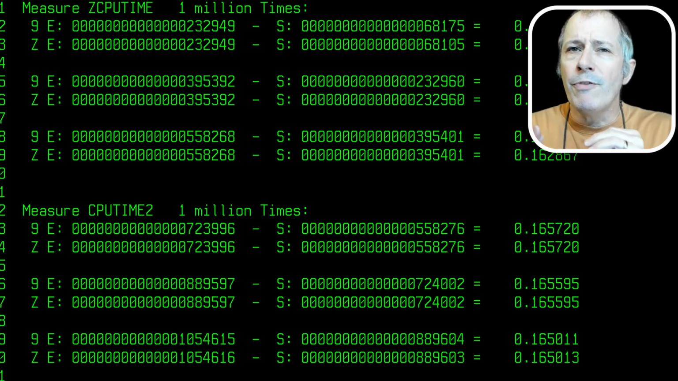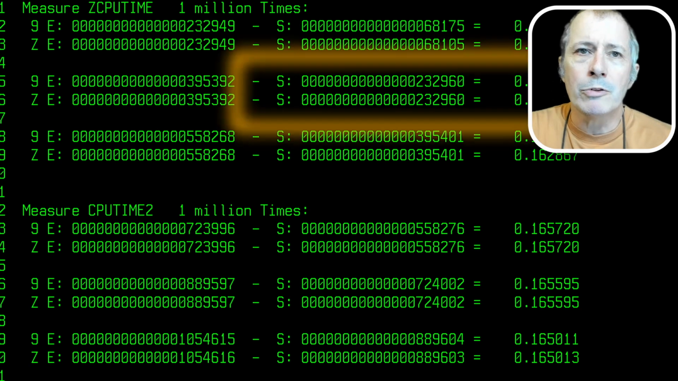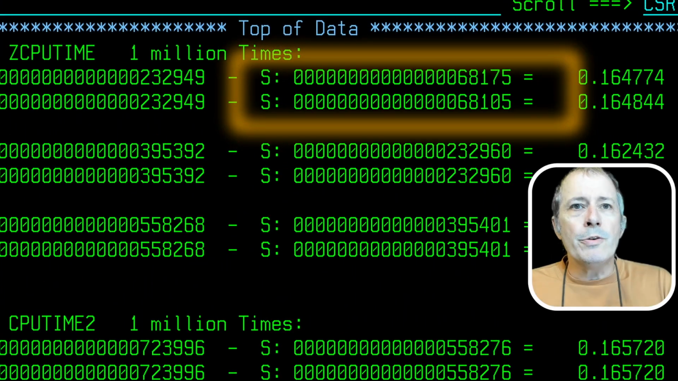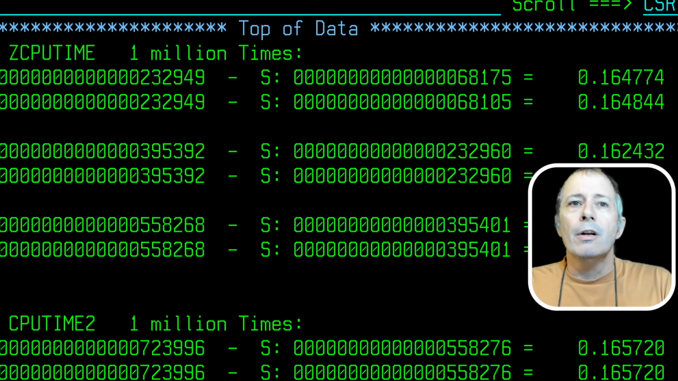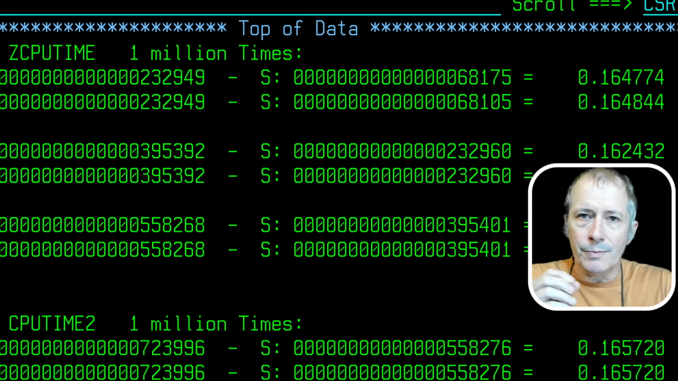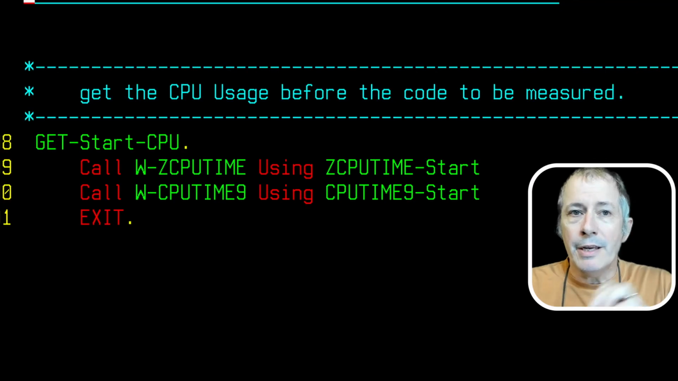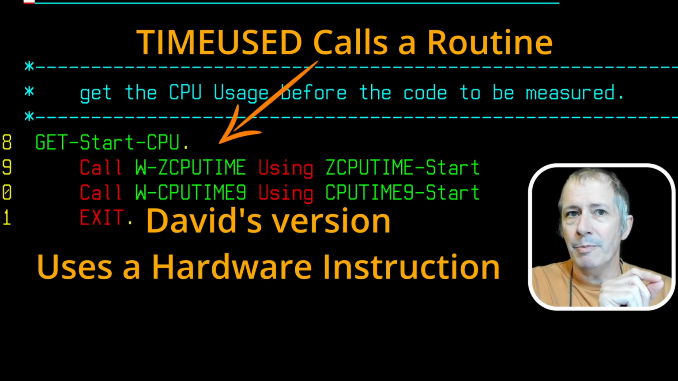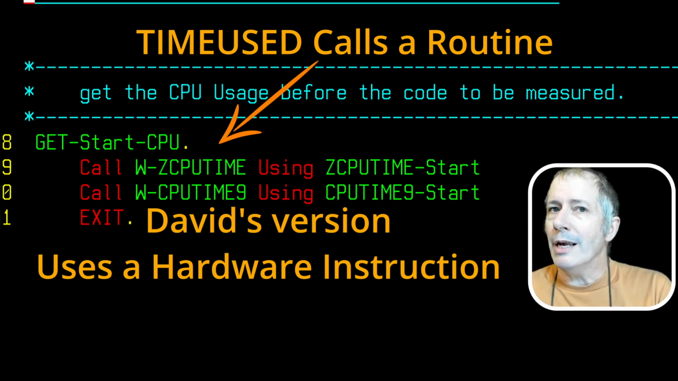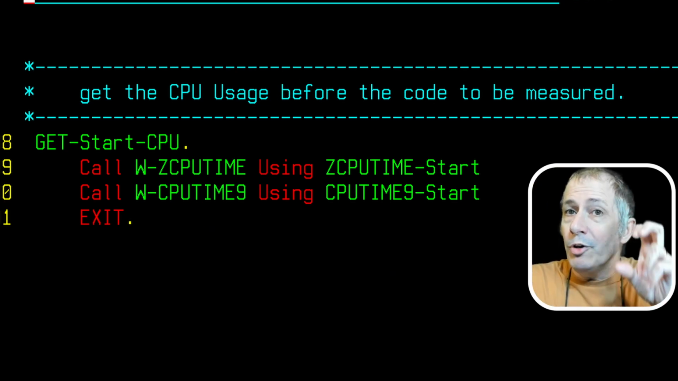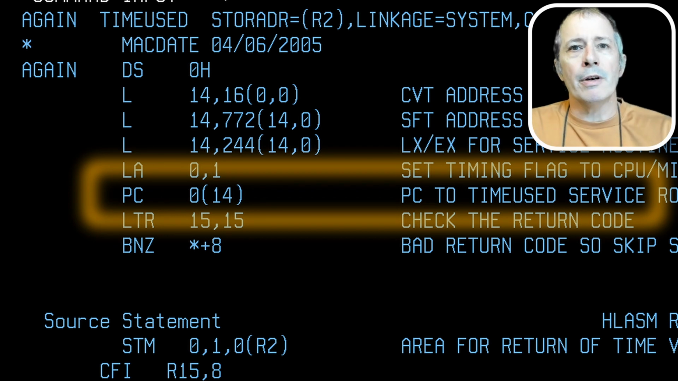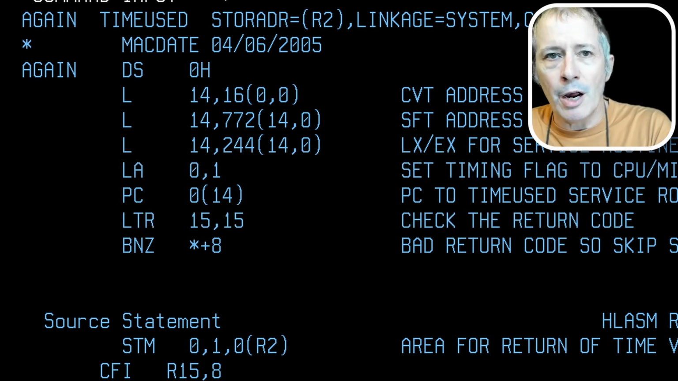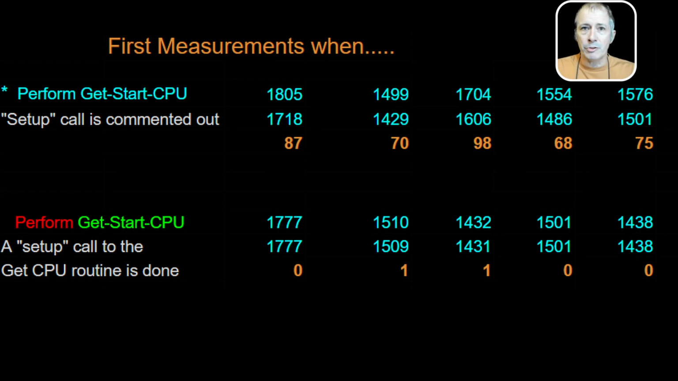Time to talk about the first pair of starting numbers, 70 microseconds of difference. Why is the first pair value between Zed CPU and CPUTIME-9 more than 1 microsecond off? The first thing that the program does is get the starting CPU time. The get starting CPU paragraph calls Zed CPU time first, then David's routine. Zed CPU time uses the time used macro the old way, which does a small bit of setup work and then uses the program call instruction to invoke an IBM routine. I think it took 70 microseconds for this routine to load and initialize itself,